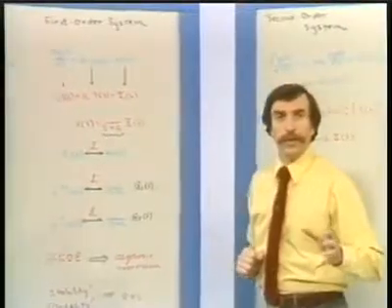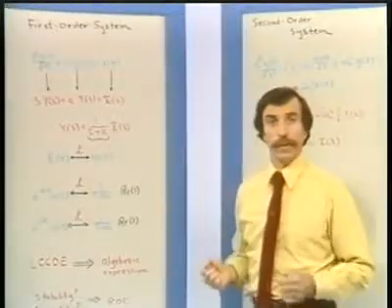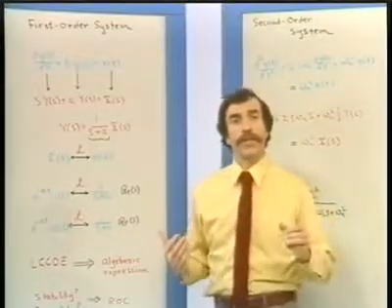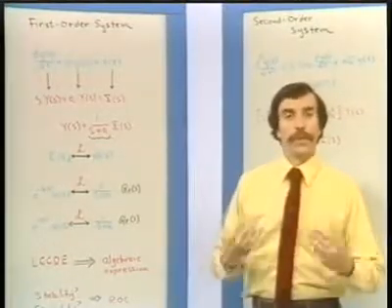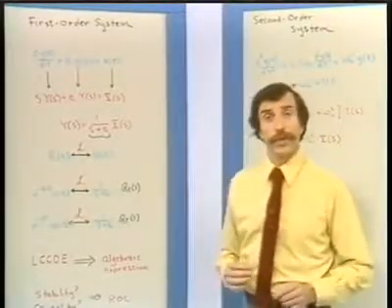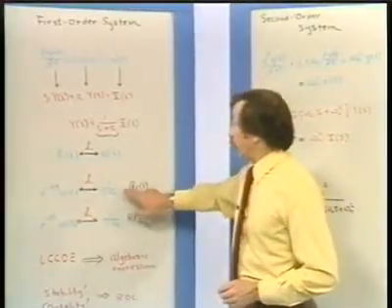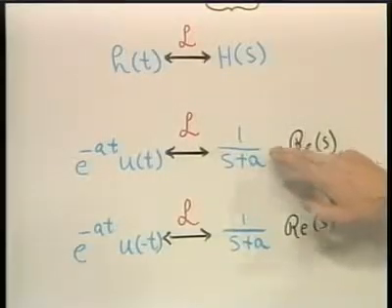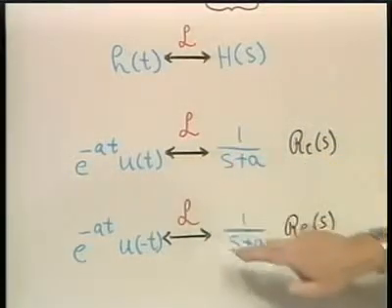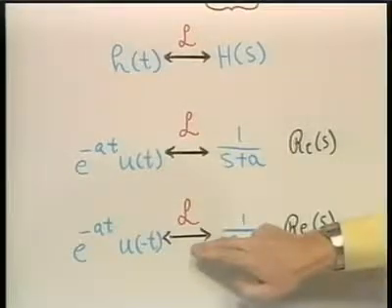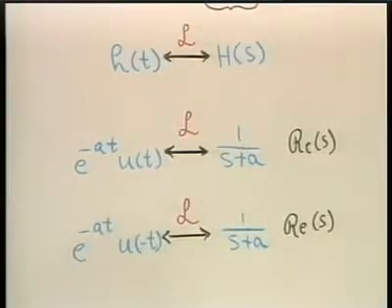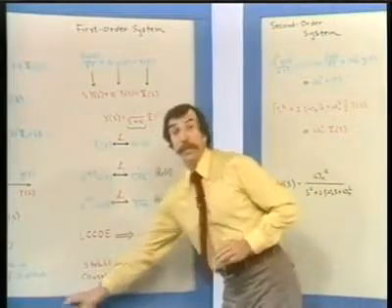Well, we can do that using the inspection method, which is one way that we have of doing inverse Laplace transforms. The question is then, what time function has a Laplace transform which is 1 over s plus a? The problem that we run into, in fact, is that there are two answers to that. 1 over s plus a is the Laplace transform of an exponential for positive time, but 1 over s plus a is also the Laplace transform of an exponential for negative time. Which one of these do we end up picking?